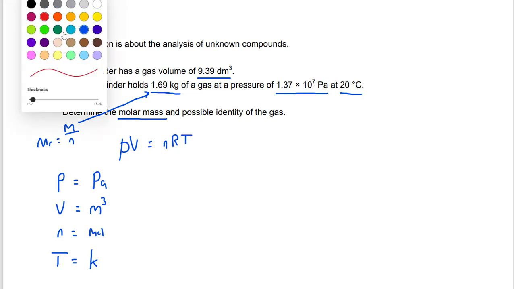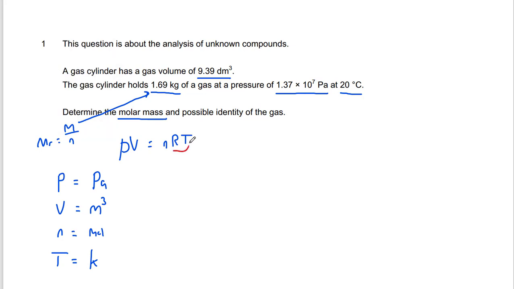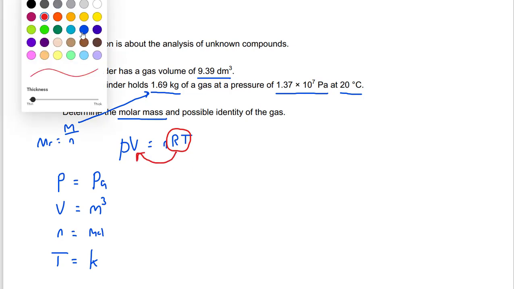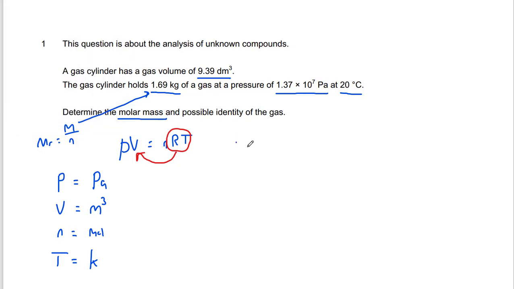The way I'm going to do this is by taking my value for RT and pushing it to the other side of the equation. If you don't know how to rearrange equations, this is something you really should practice. But for PV equals nRT, you can just learn the correct equations. You don't have to rearrange every time. So because I'm dividing by RT on both sides, n is going to be equal to PV